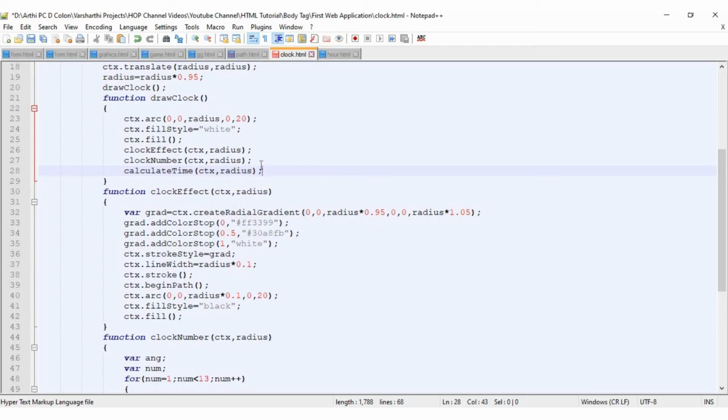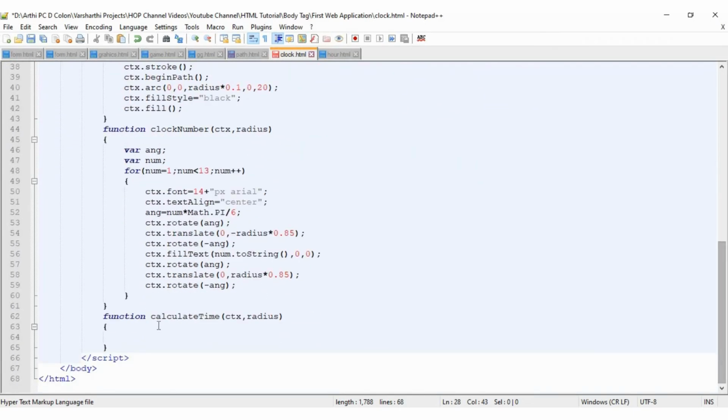So now what we have to do is calculate the current time. For that we have to use the class Date, right? So here we have created one variable, current. Inside it we are going to store the current system time, right?